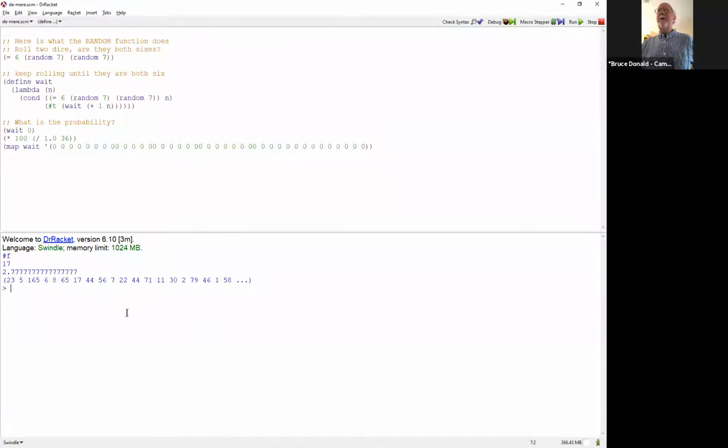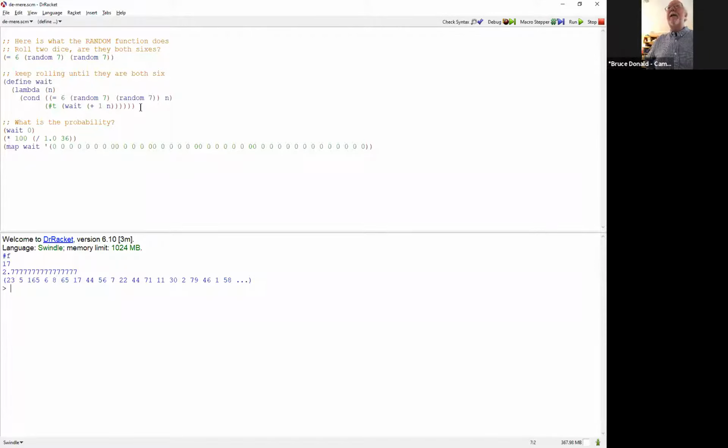Note that already we're getting into a kind of strange semantics here, if you will. So basically, you could think of this as potentially an infinite loop, right? It's going to call itself recursively and just augment a counter. Why should this ever stop? Now, clearly we believe that eventually we'll roll double sixes, but how do we have some confidence about that? So you can ask questions like, will it eventually stop? What's the probability it will eventually stop? What's the expected number of rolls until we eventually stop? So all those questions can be asked.